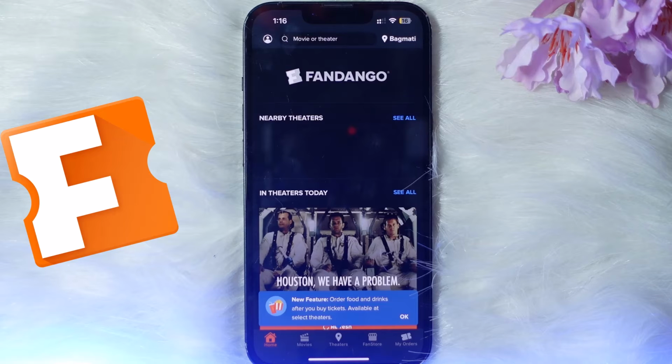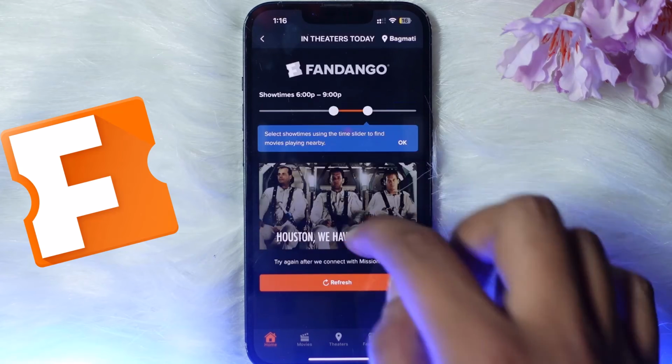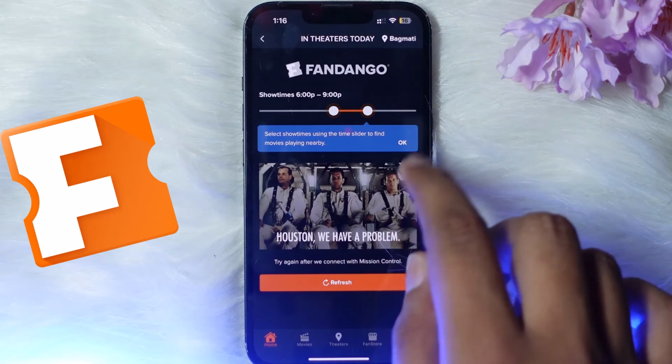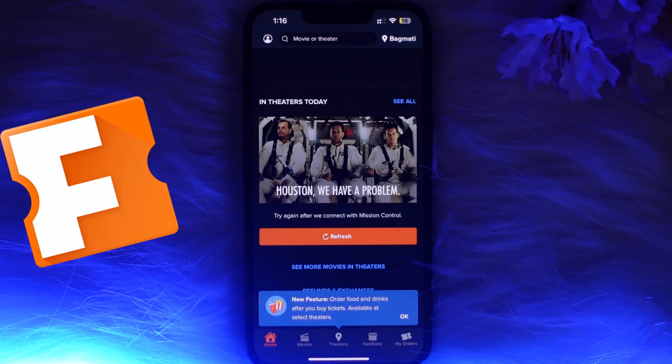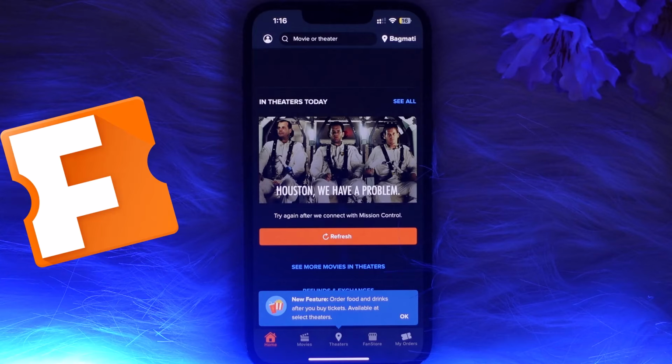Now to use the gift card, you just need to search the movie you want to see and select the theater, date and the time. So let's say if I want to watch this movie, you'll see the options of movies which are available in this area. You just need to select the movie, and from here you need to choose the seat which you want. After selecting the seat, you just need to proceed to checkout,